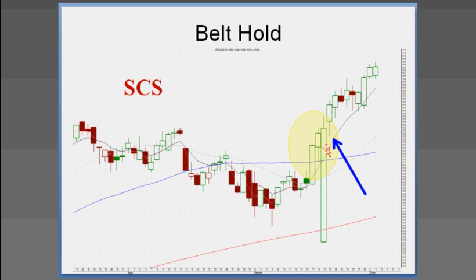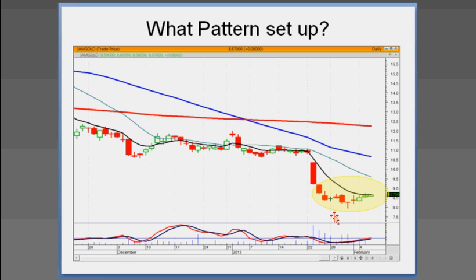Another one, belt hold. They've wiped out a lot of sellers. That means there are no sellers in front of them. What pattern is this setting up? Well, I can look here and see that this looks like it's bottoming. Got some dojis, bullish confirmation, but I can easily see that this is a flat handle. I know what my game plan is. If this starts trading above the T-line, I want to be buying, because if it gets to this resistance level, it may not be a huge profit, but there's a prospect that if they break through this handle, which is pretty good, you're going to have a much bigger profit as it slings through.